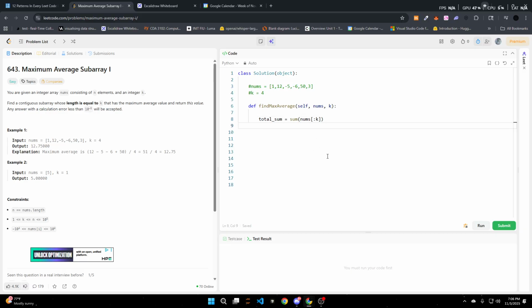Then we need to make a variable to hold the max total. So we're going to make max sum. At the moment, we only have one iteration, so max sum should just be equal to total sum as of the moment, right? This will obviously change depending on the conditions. Then we need to run a for loop to iterate through the array we have here. So for x in range,